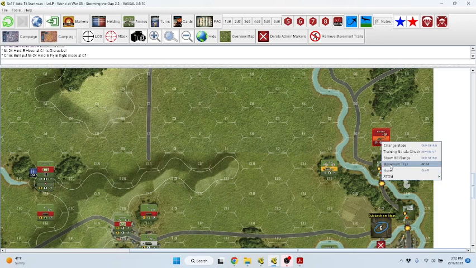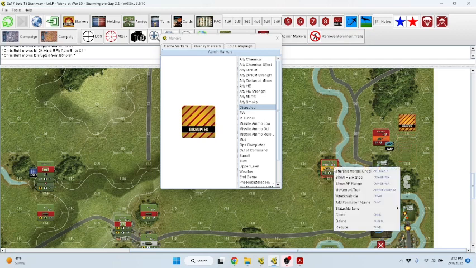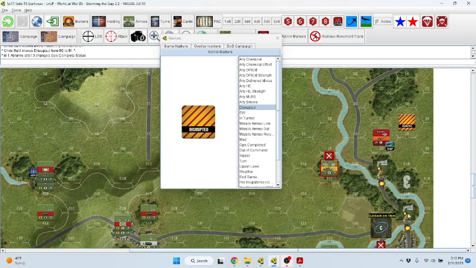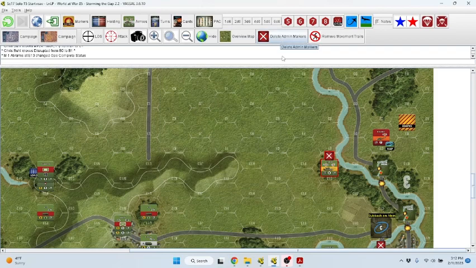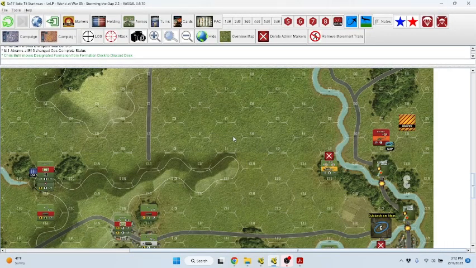I'm going to have to put a disrupted marker on it from the markers bin. Disrupted, and I'm going to just put that because I'm going to just have to remember that applies to that, and this tank is ops complete, but that tank did a fine job defending itself from that helicopter attack, and the next formation drawn is going to be the East German designated formation. All right, now